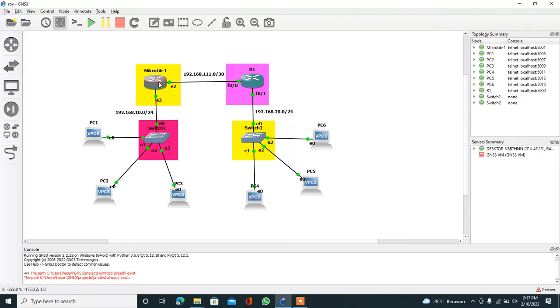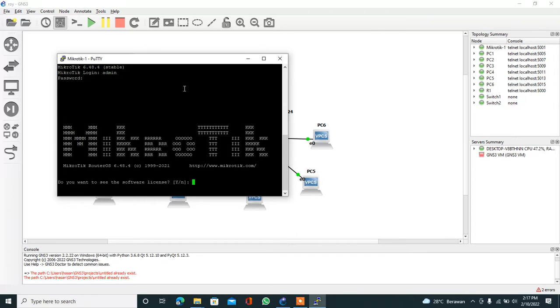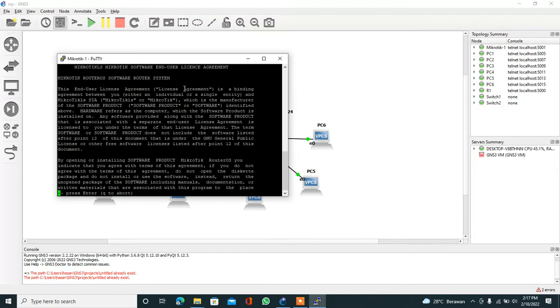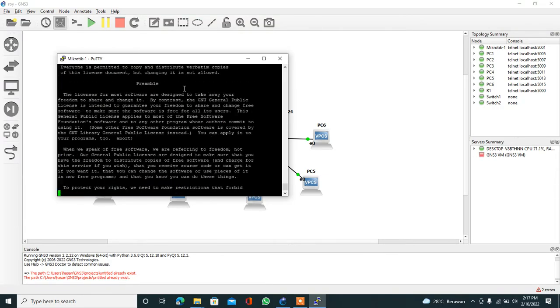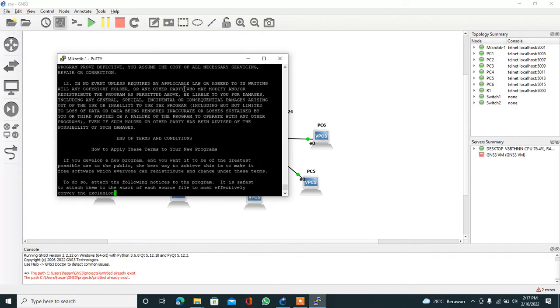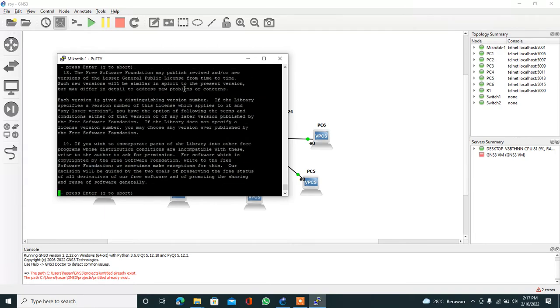First, enter the MikroTik router. You can type admin, there is no password, you can enter. Sorry, I made a mistake with the MikroTik tutorial.